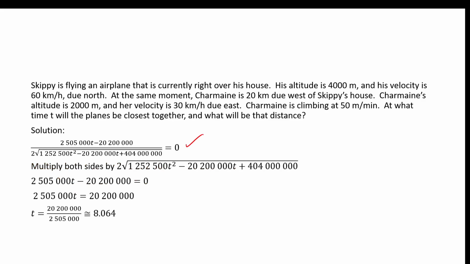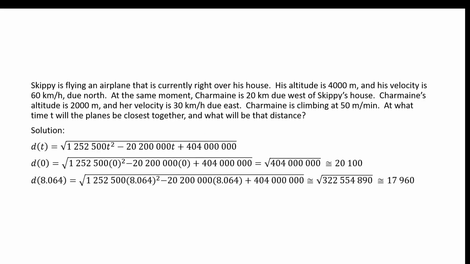Now, what we can then do is multiply both sides by the denominator, and then we can solve. Move the 20,200,000 over to the other side, and dividing both sides by 2,505,000, we get that t is roughly equal to 8.064. So d at 0 is approximately 20,100. D at 8.064 is roughly